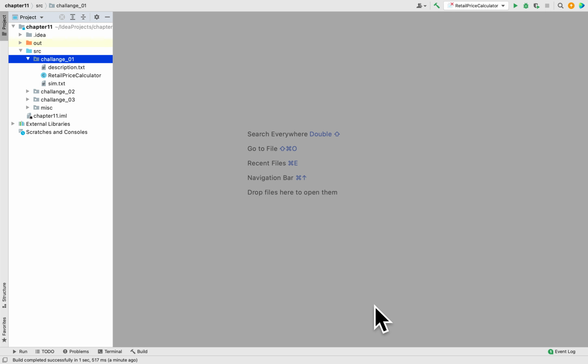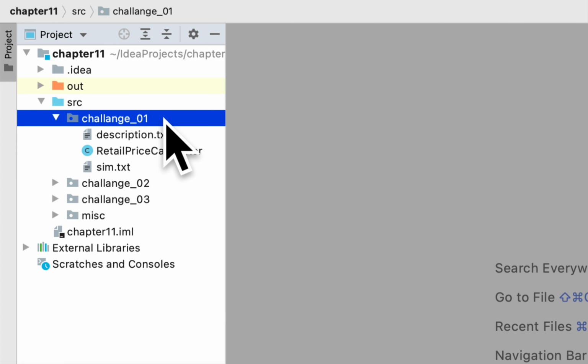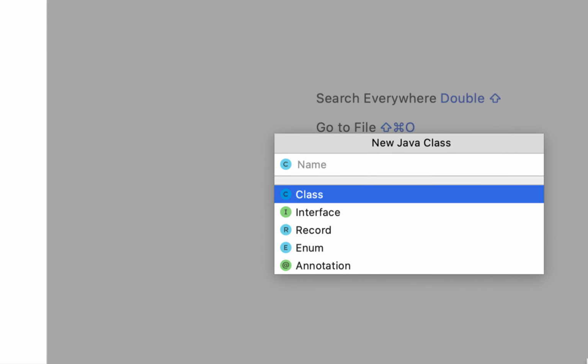Channel. Today we are working on chapter 11, Programming Challenge 1. This entire chapter is about creating graphical user interfaces, or GUIs. This particular programming challenge is to create a retail price calculator where we give the user an option to give the wholesale price and the markup percentage of an item, and we have to calculate the retail price of that item. So we're going to create a class called retail